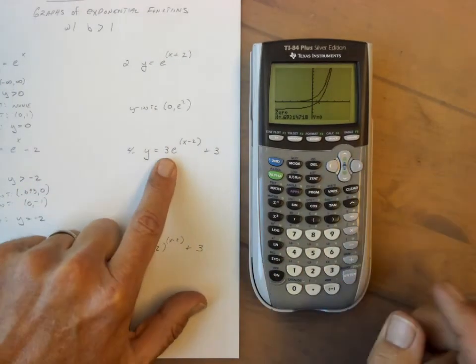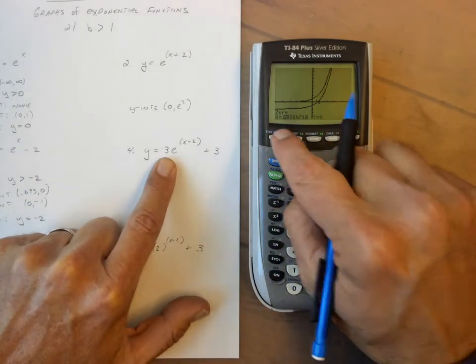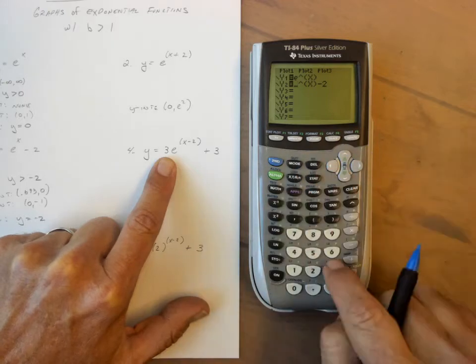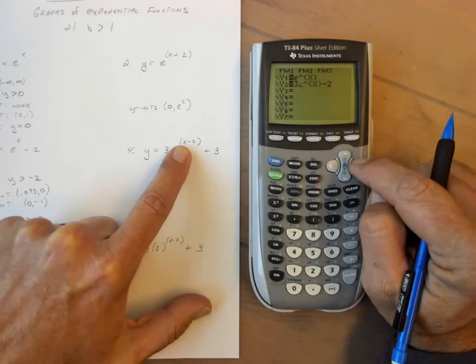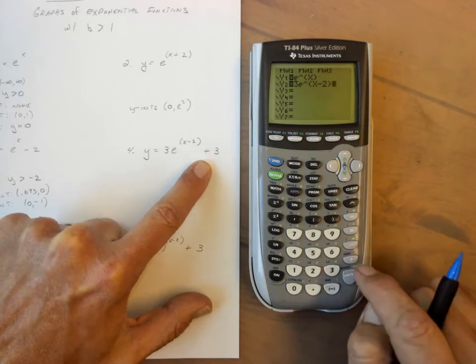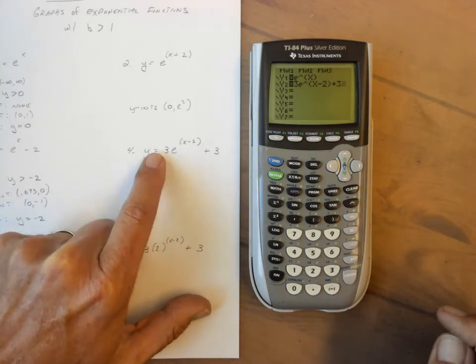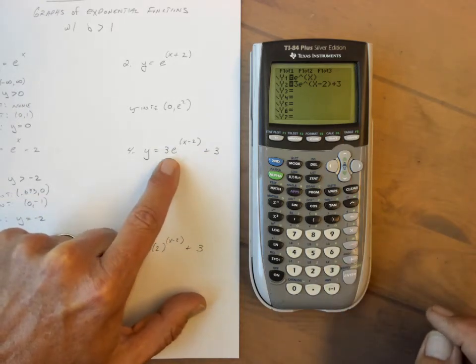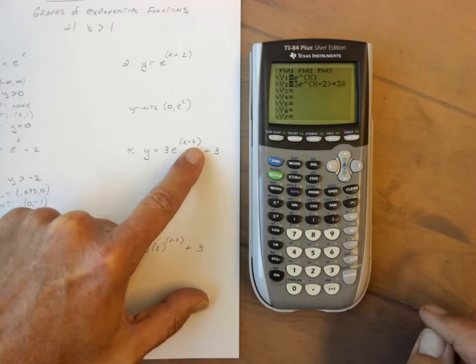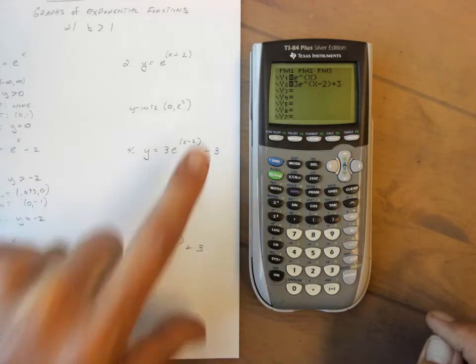Here now we've got a couple of transformations going on. So I'm going to go back to y equals. I'm going to insert a 3, which is just going to be a vertical stretch. And now inside parentheses, we have a minus 2, and then outside a plus 3. So again, the 3 is our vertical stretch. X minus 2 moves the graph 2 units to the right, and then the plus 3 will move it 3